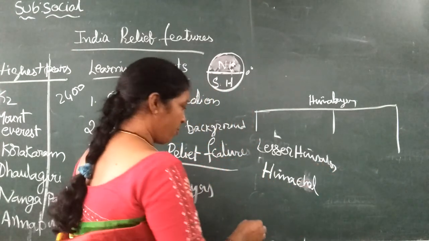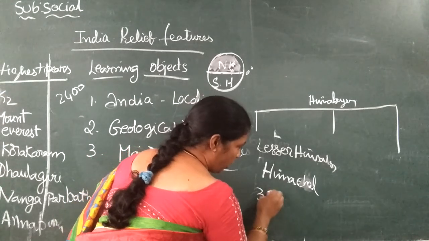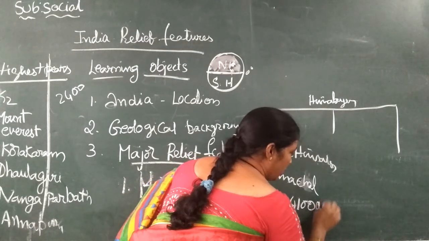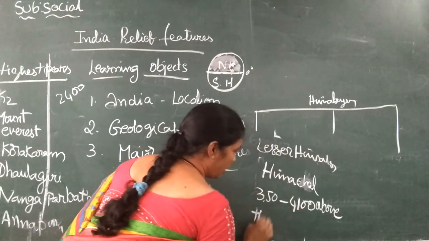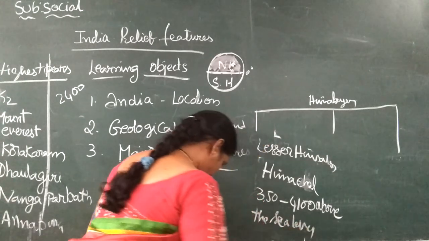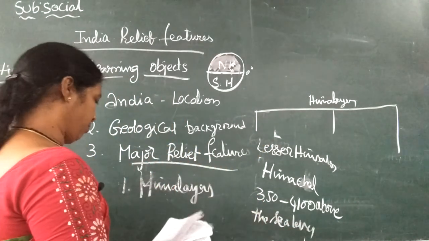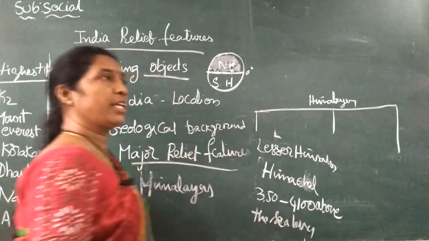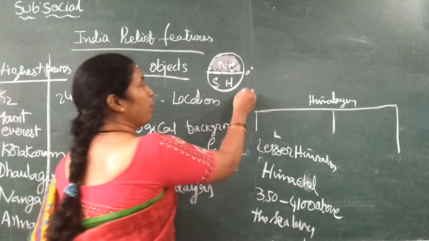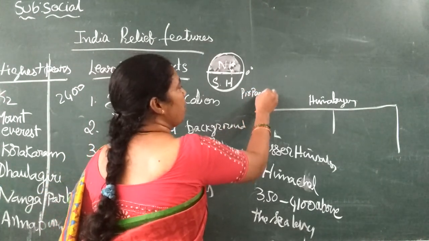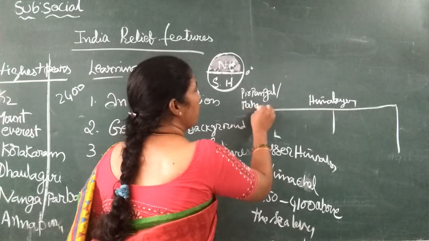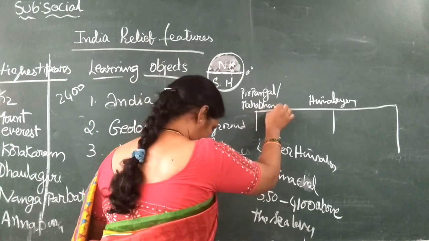And it consists of 3,500 to 4,100 meters above the sea level. And there are some important ranges, consisting of rugged surface and metamorphic rocks, uneven rocks, and importantly Pir Panjal and Mahabharata. These are the important ranges. Pir Panjal and Mahabharata ranges are very important in these Lesser Himalayas.